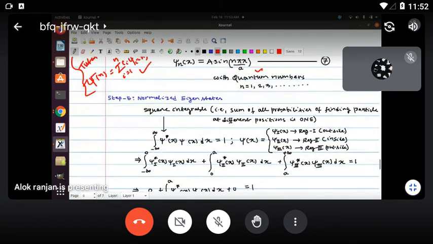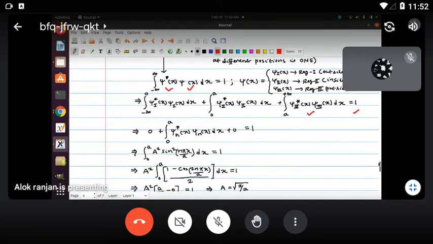Now we have the eigenstates, and therefore we'll get the total wave function. The final job is to find the energy values, and before that we need to normalize it, which means the square integrable condition. This is the total wave function. We have three regions: minus infinity to 0, the left side of the box; 0 to a, inside the box; and the right side of the box. As you know, psi 1x and psi 3x are 0.